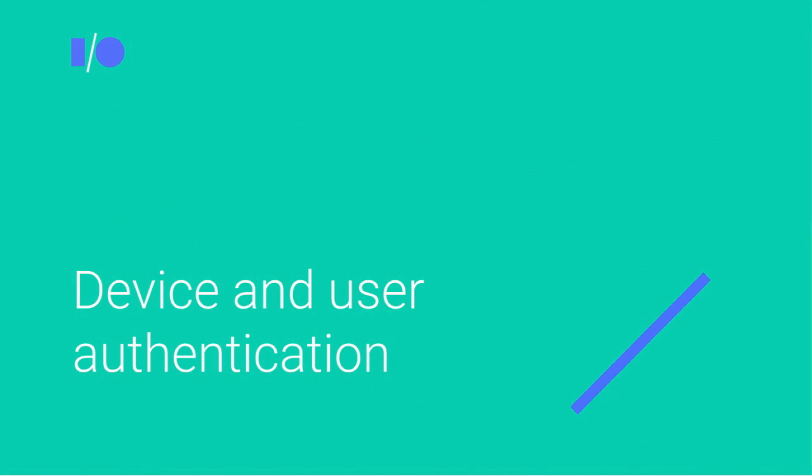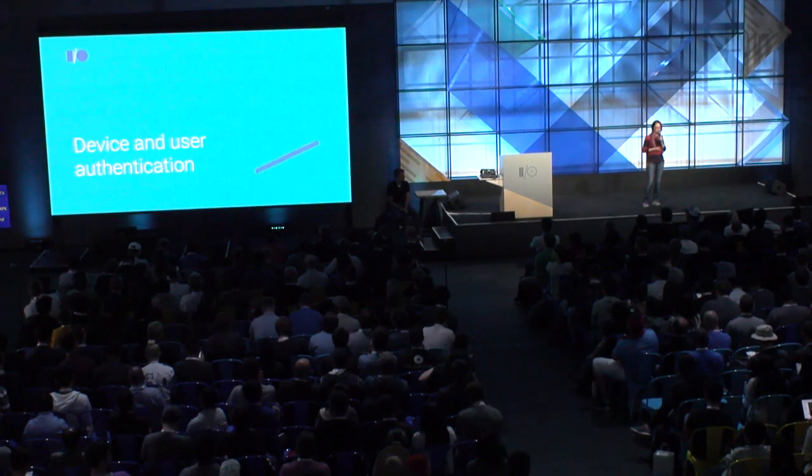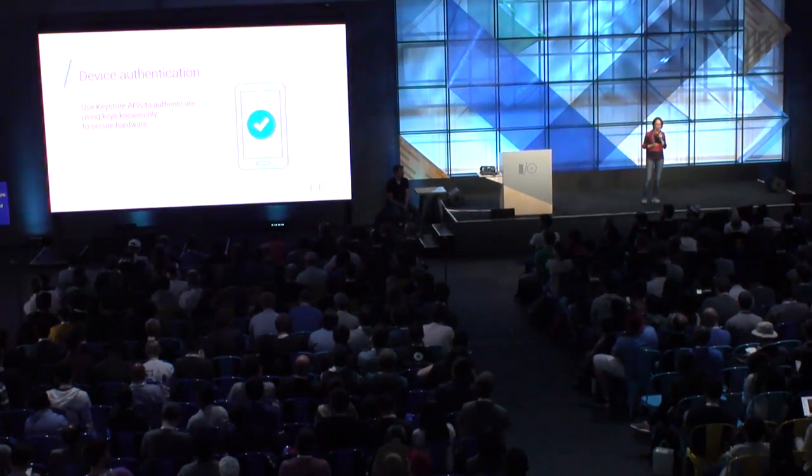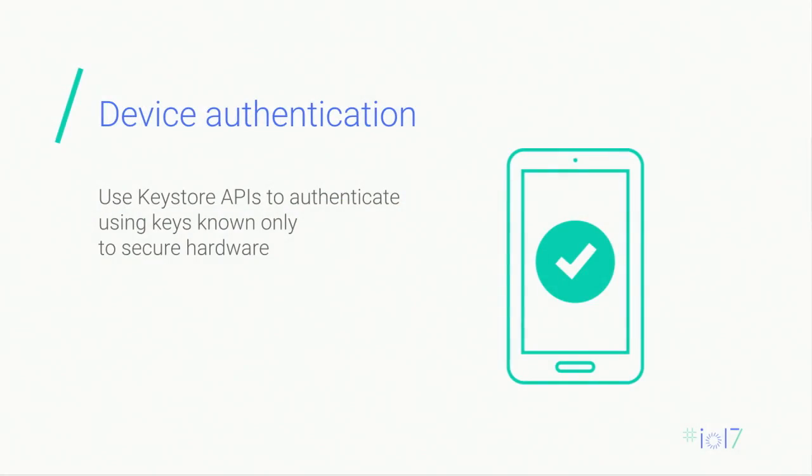Another important aspect of app security is device and user authentication. So why is device authentication important? Well, if you're using your phone to buy things or to unlock your home door, you want to make sure that no one can pretend to be your phone. And so what you can do is use the Android Keystore APIs to generate a key pair to uniquely identify your device. The benefit of using the Keystore APIs is that on new Android devices, Keystore keys are protected by secure hardware, such as the trusted execution environment. And so even in the event of a kernel compromise,